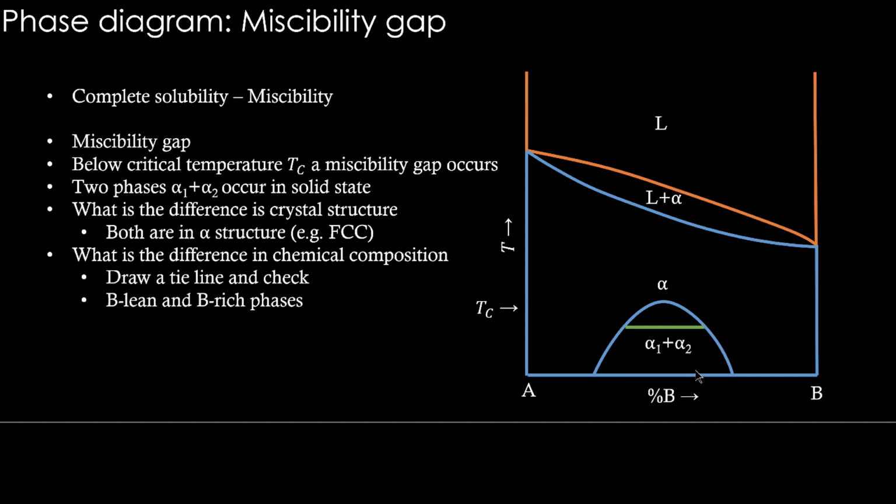So the difference between this and applying a tie line in the previous cases is that in the previous cases we read the phase name by thinking that the tie line is touching the boundary of that phase on both sides. So here on both sides we have alpha, alpha. So how do we call these two phases? Call them alpha 1 and alpha 2, right? So this is miscibility gap. Fine. Of course, if you want to understand why these things happen, you have to wait for thermodynamics to come.